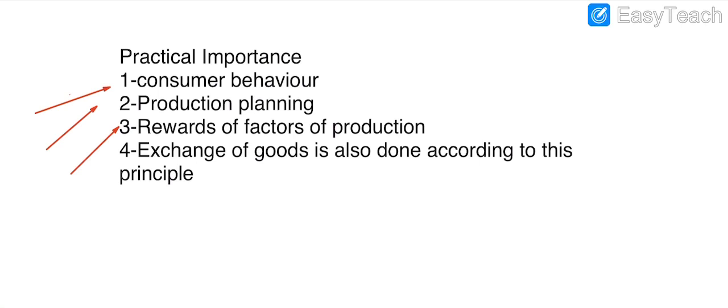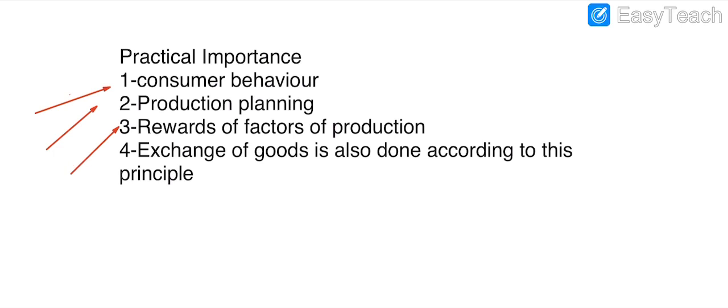Third, if we see rewards in the production procedure, firms do spending on the factors of production and give them rewards in such a way that they do not give more reward to only one factor, because they want to equalize the factors of production, so their profit will be maximized. So according to the distribution among the factors of production, the firm will try their best to give the rewards equally, and try to equalize their marginal utilities.